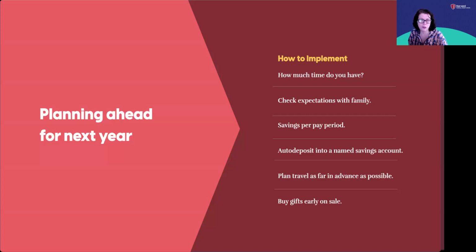And in order to commit to that, you can open a savings account and have it be just for the holidays. We're big proponents here of naming your savings accounts for the goal. You can actually name it within the system at your bank. So if you have that savings account, it's really clear where that money's going, what it's for, and how much you want to save per pay period, so that you avoid ever having to put anything on credit. We don't want you to go into debt for the holidays. I think that's probably the biggest thing.